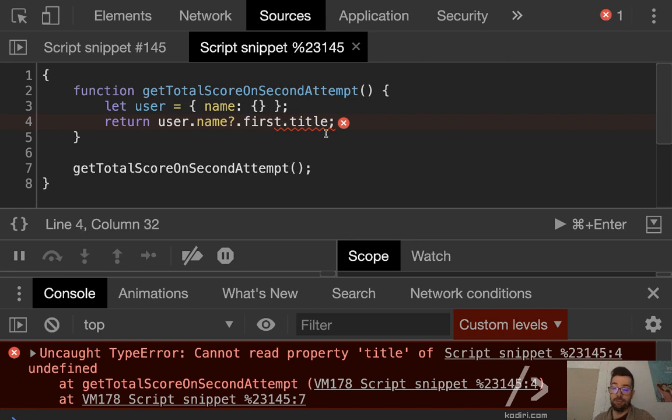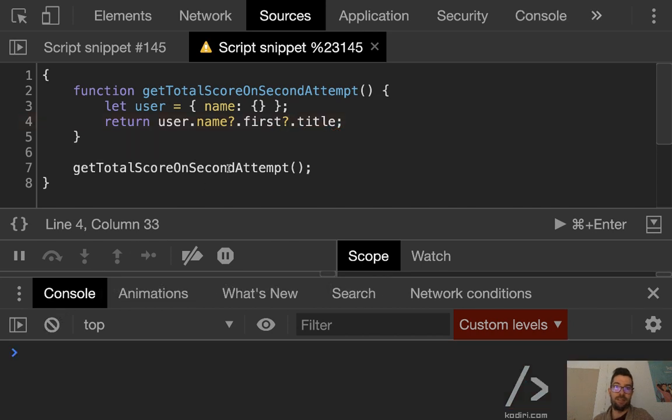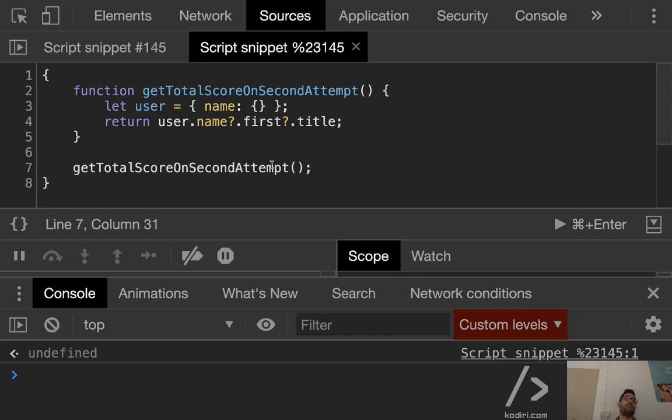That's correct, Alex. Question mark after first. So in theory, boom, that's great. Also works with arrays apparently. So if I got an array of fruits,